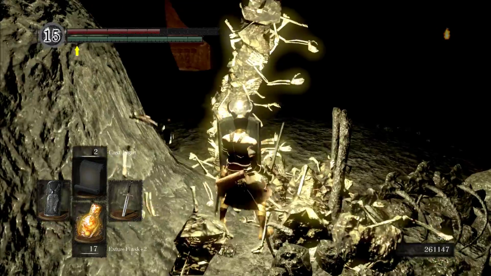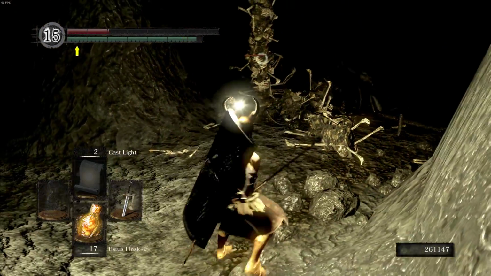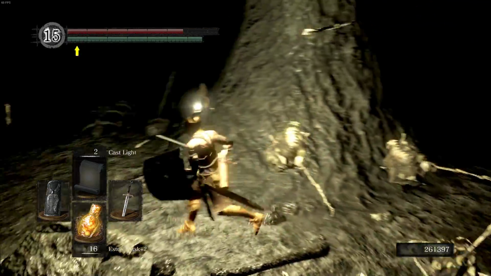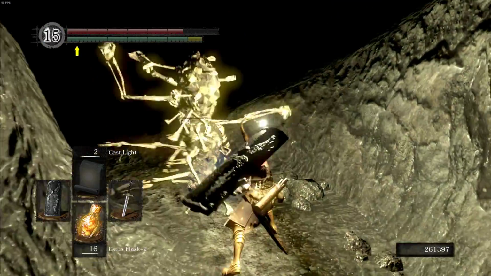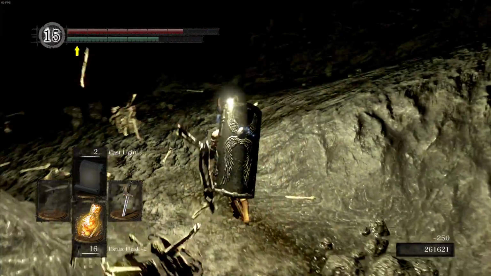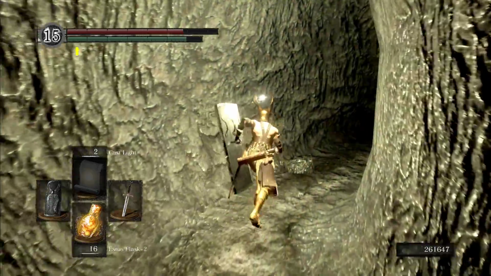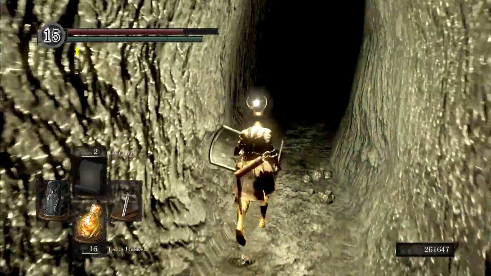So these guys can actually drop white Titanite chunks, I believe. Assuming they don't kill us. And you can come down here and farm them, basically. You just gotta be careful with them. Alright, now we can go this way. To the world's most obvious...